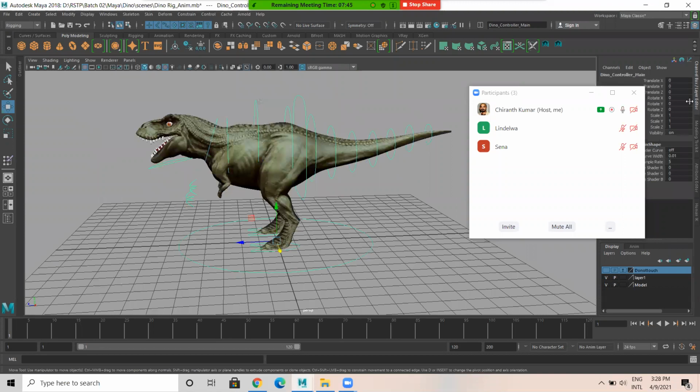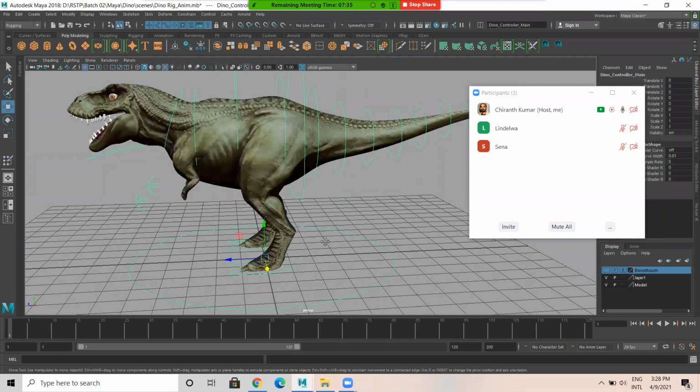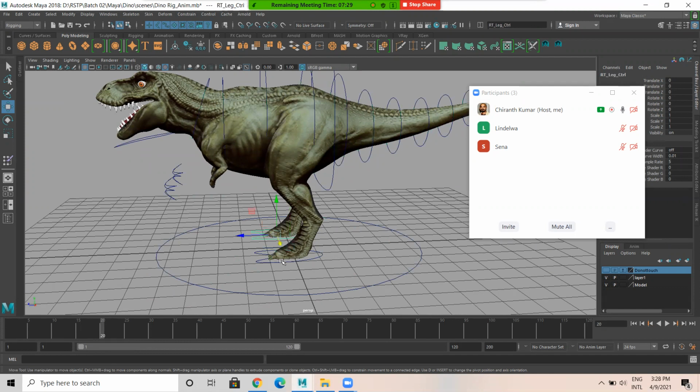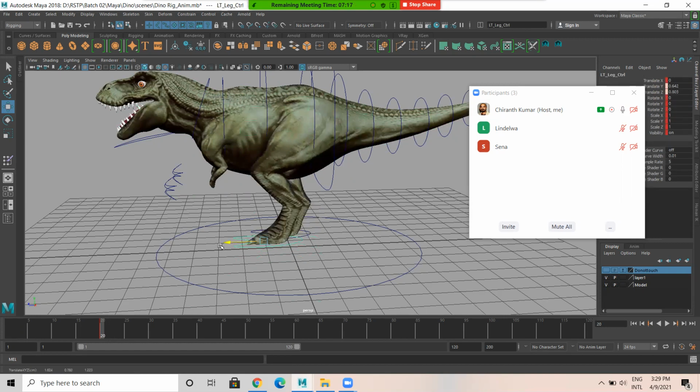And if you select the global controller, the values have to be frozen. Then only they can animate. Now it's quite simple. Animation part we can do like this. The first one is here. I can select these things, key.